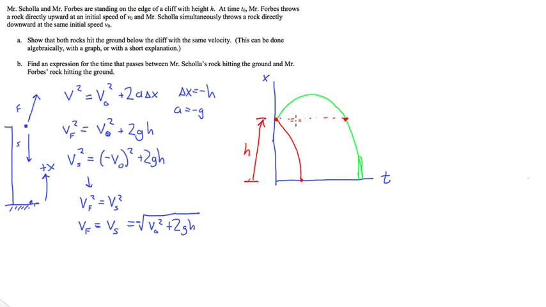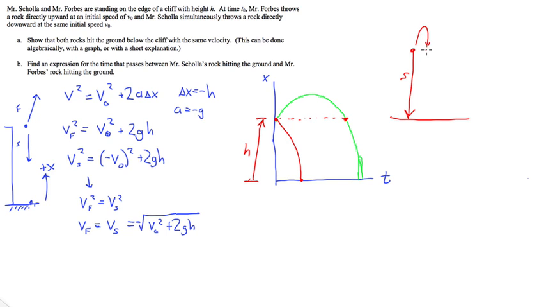That's how you can do it with a graph. The way you can do it with a short explanation is to say, well, what happens is, let me draw it over here. Shola's rock goes down and hits the ground. It's really basically the same as the graph explanation. You just do it